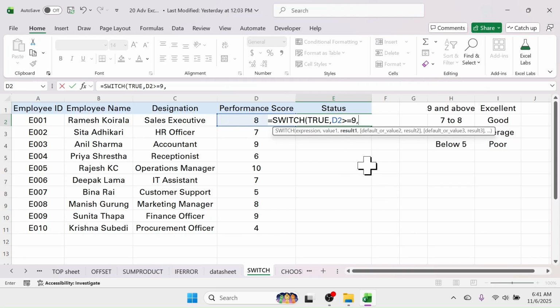Then put a comma. In the result 1, put the result of this value, which is excellent. So put here double quotation, excellent, double quotation, then put a comma. In this default or value 2, we have to now check for the second logic or condition, that is click